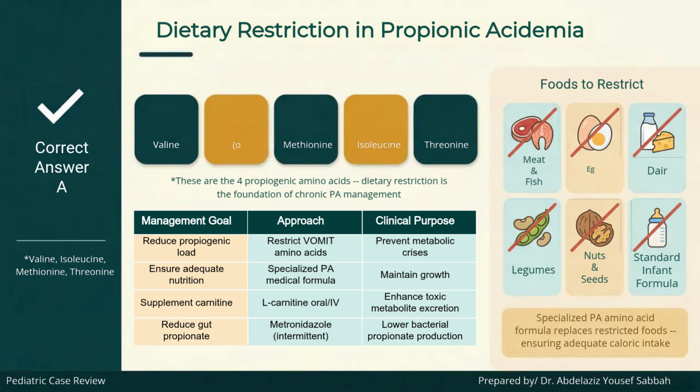a specialized propionic acidemia medical formula to maintain growth, supplementing with L-carnitine to enhance toxic metabolite excretion, and reducing gut propionate production with intermittent metronidazole. Foods that must be restricted include meat, fish, eggs, dairy, legumes, nuts, seeds, and standard infant formula. These are all replaced by a specialized amino acid formula that excludes the propiogenic amino acids while ensuring adequate caloric